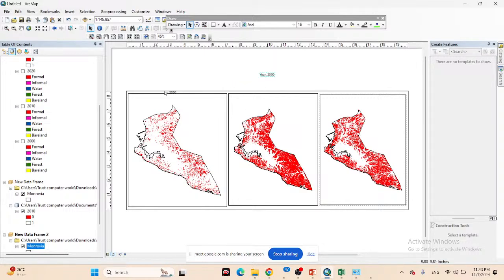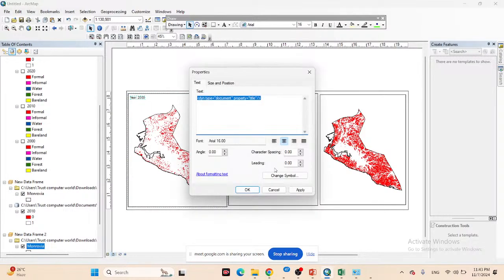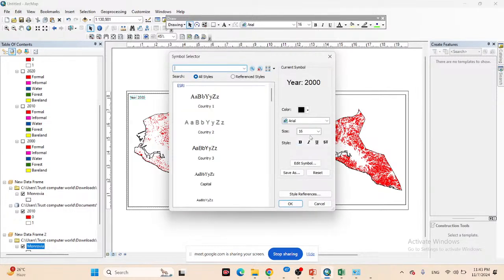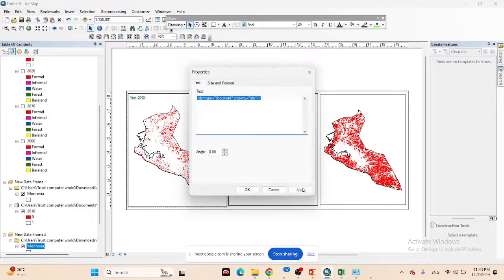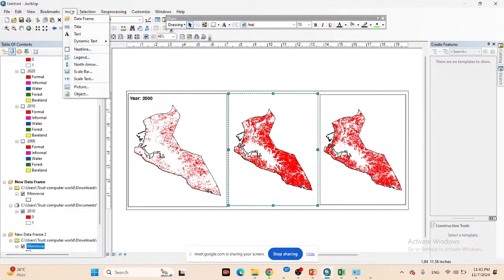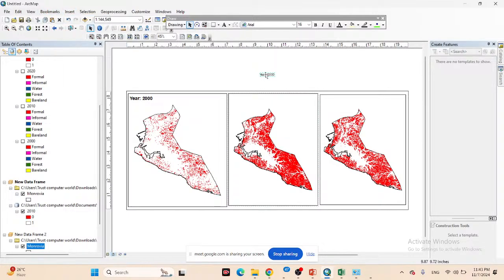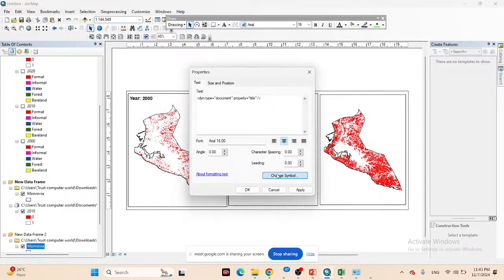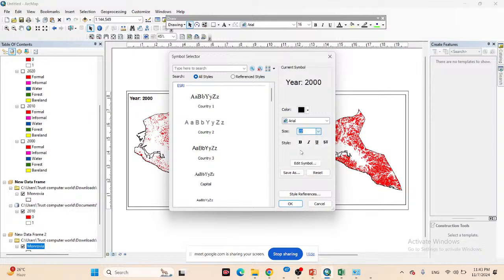And you can also increase the font. Come here, double click, and then change the symbol. I want to put the bold style, and put here the year 2000. And now for this, add the title. Further, just click here and change symbol. I put here suppose 22, in bold,